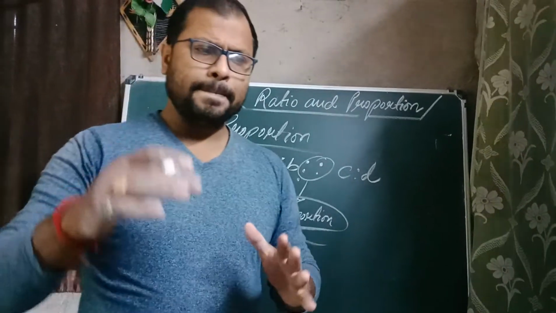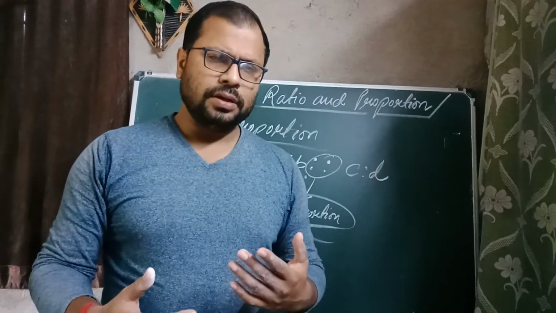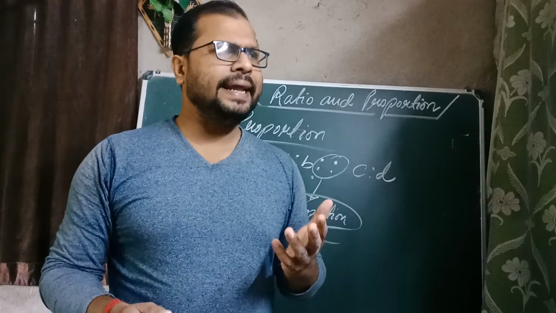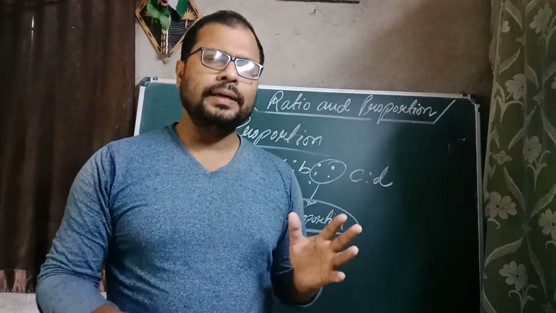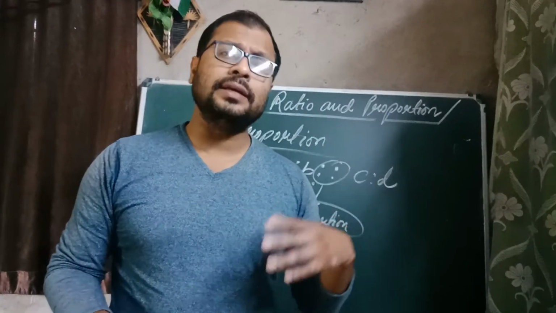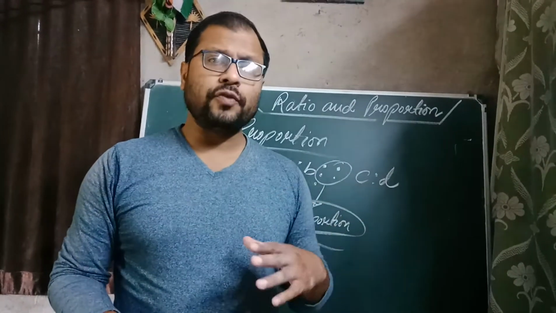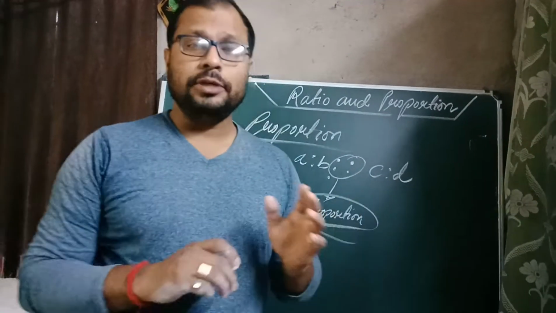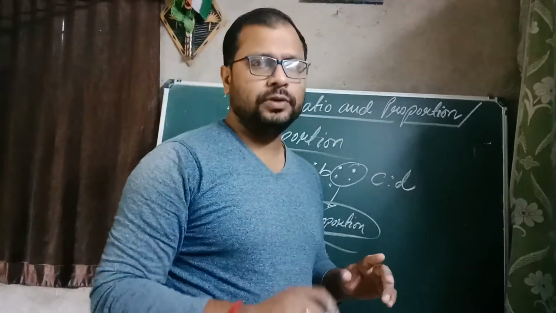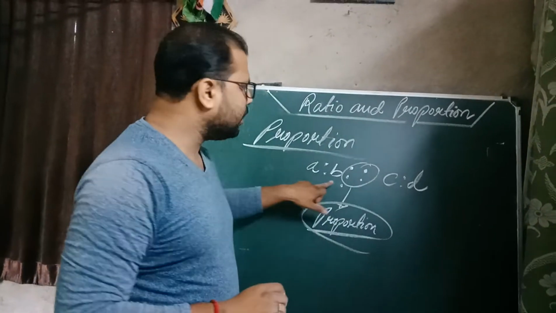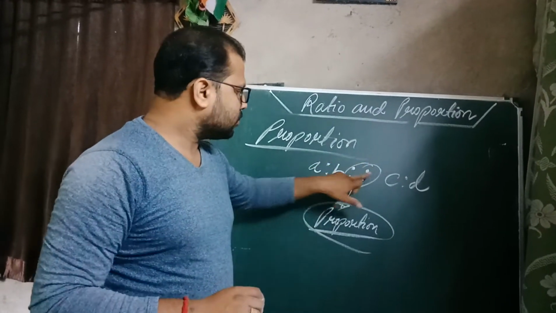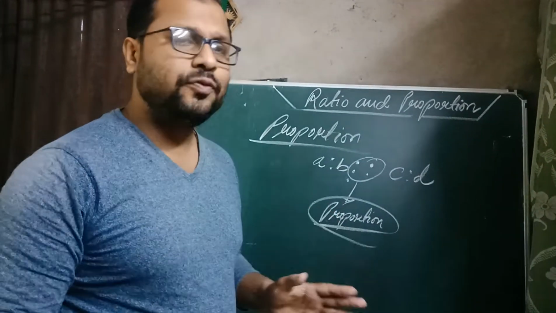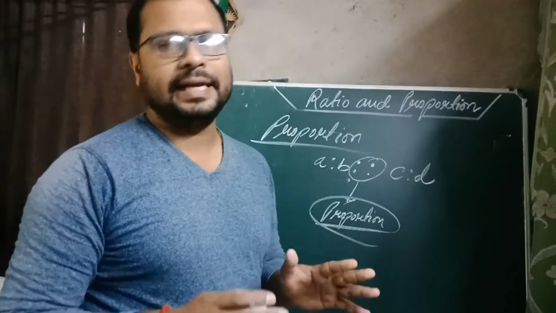Ratio is the comparison of the same kind of value. Like if you are dividing distances, 1 kilometer, 2 kilometer, then you have to divide with another kilometers only. You cannot go for meter, you cannot go for centimeter. Same kind of value should be there. Then only ratio is possible. And when we compare two ratios together, this is called proportion. This is the only basic for the chapter, I would tell you. Now we'll try to focus on some of the questions of the exercises.